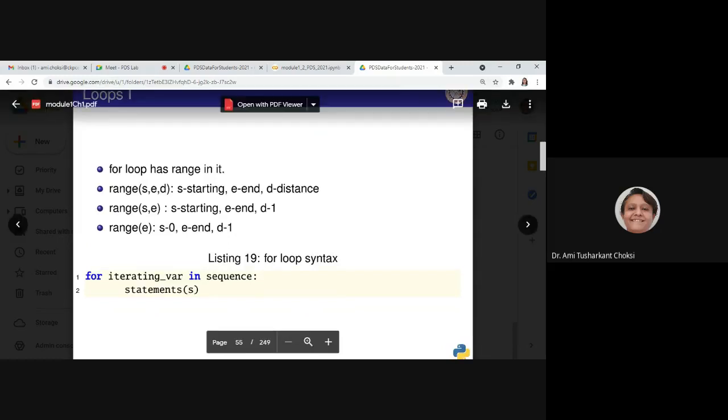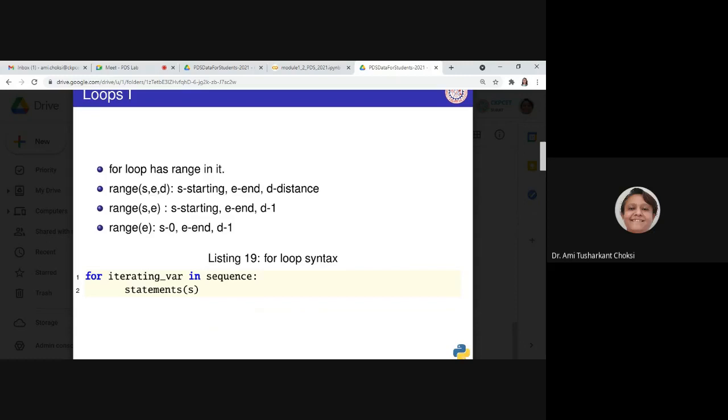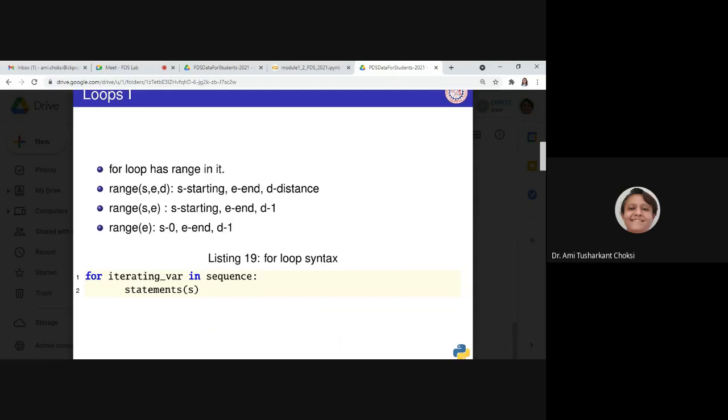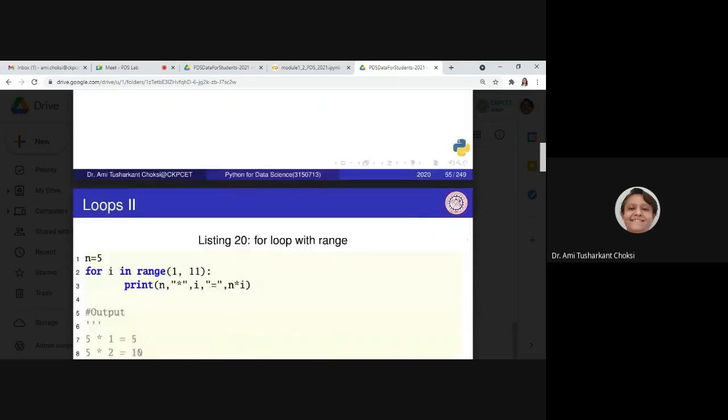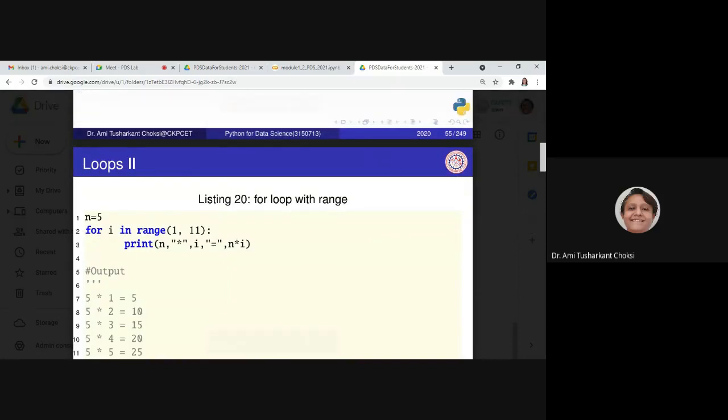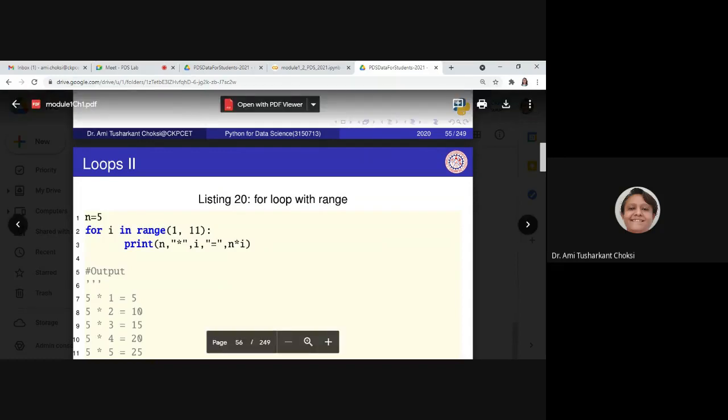So how we can have the syntax for loop is for iterating variable in sequence and statements. Okay, so this is the syntax for our for loop. Let us see the example, we can have the idea. Now here let us say that n is equal to 5. We want to create a table for 5. That is, say 5 ones are 5, 5 twos are 10, 5 threes are 15, that way. Okay, if we want to do that, very simple thing, we can write it as for i in range 1